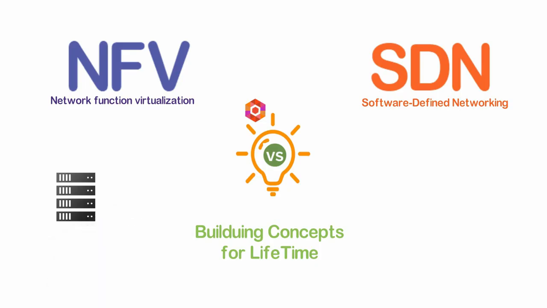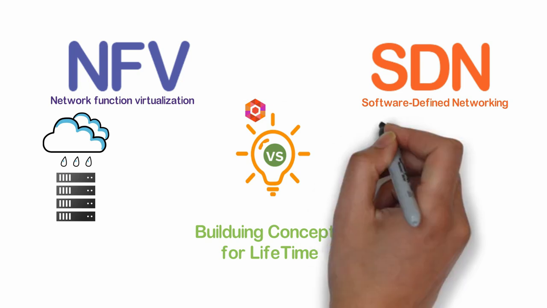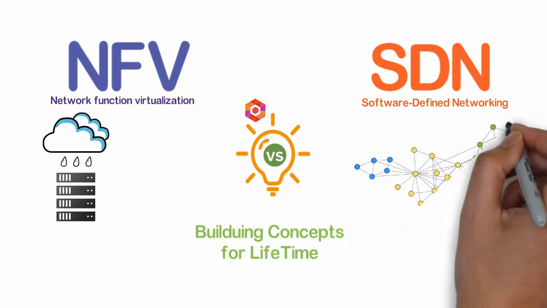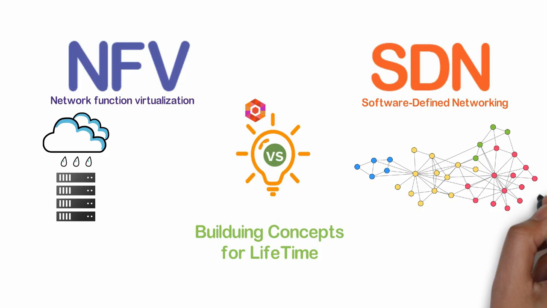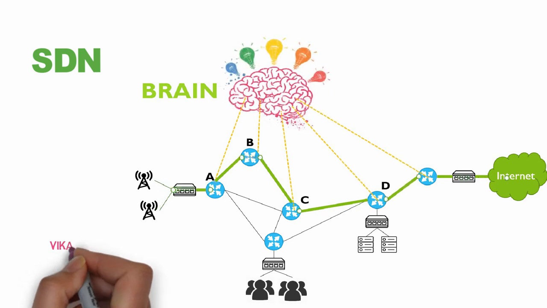While NFV is all about building virtual platforms, SDN is making IP networks much more programmable so that packet routing is possible with lots of flexibility and agility. As shown here, SDN is based on the concept of separating the brain and the control plane for traffic routing. This separation makes SDN a very powerful tool for customizing networks on the fly. With SDN, you can provision new bandwidth and define traffic failovers just like never before.